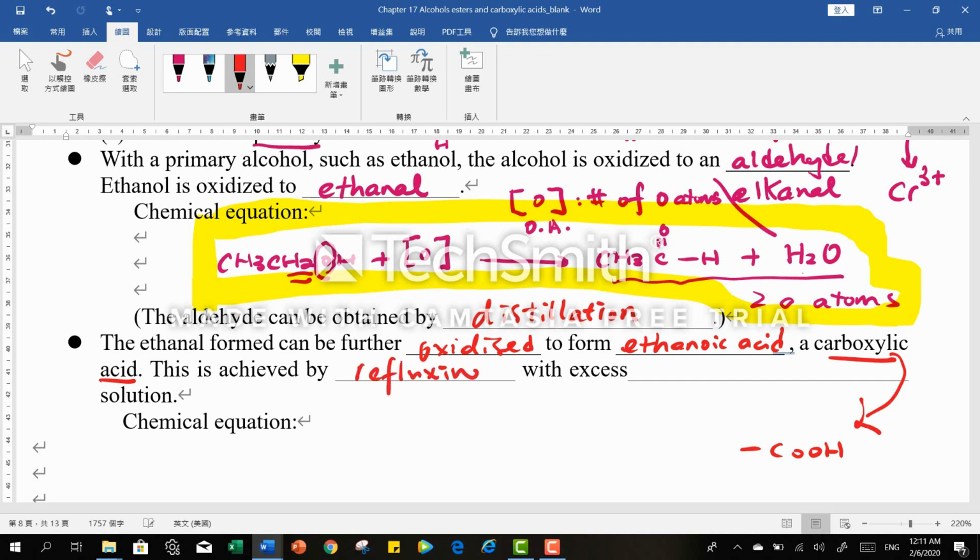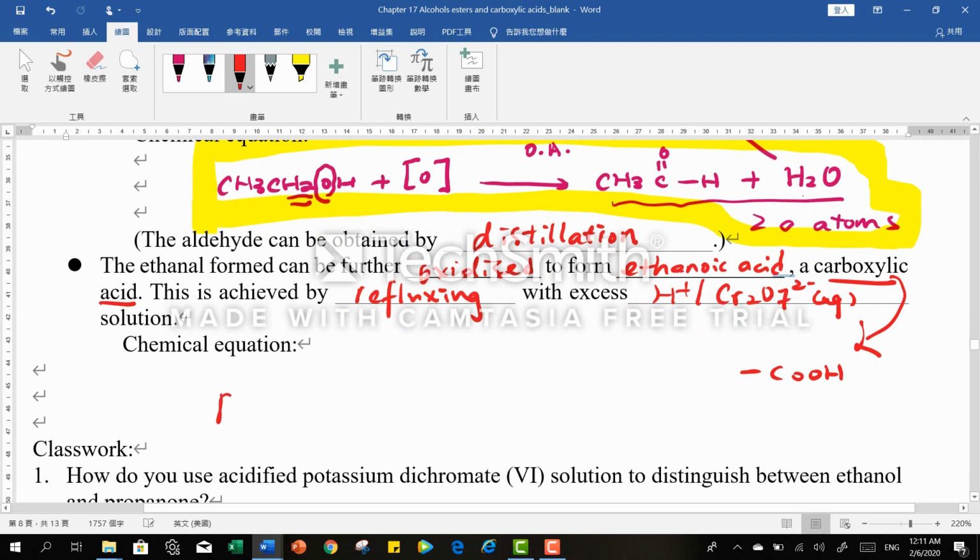This is achieved by refluxing with excess oxidizing agent. Of course, if you want it to go all the way to carboxylic acid, you need a lot of oxidizing agent. So when we write the chemical equation,